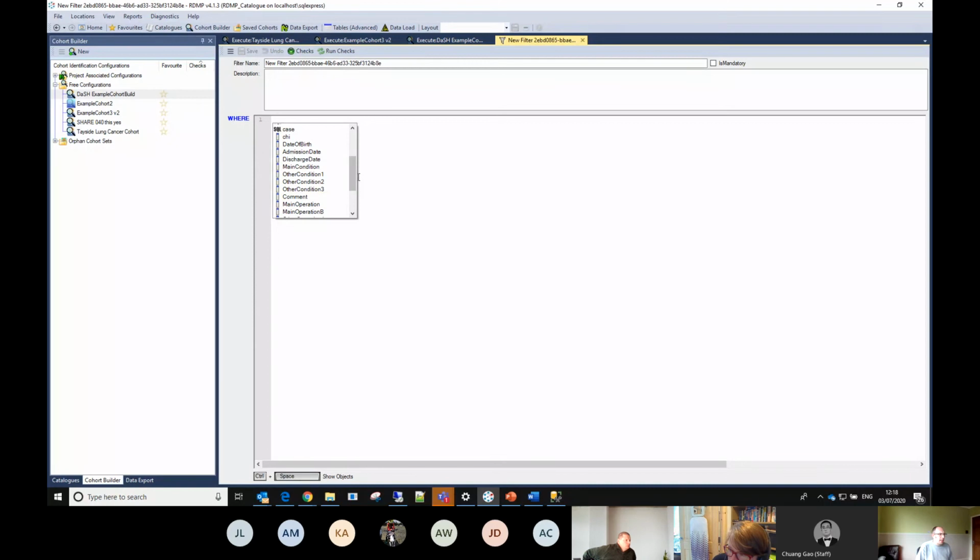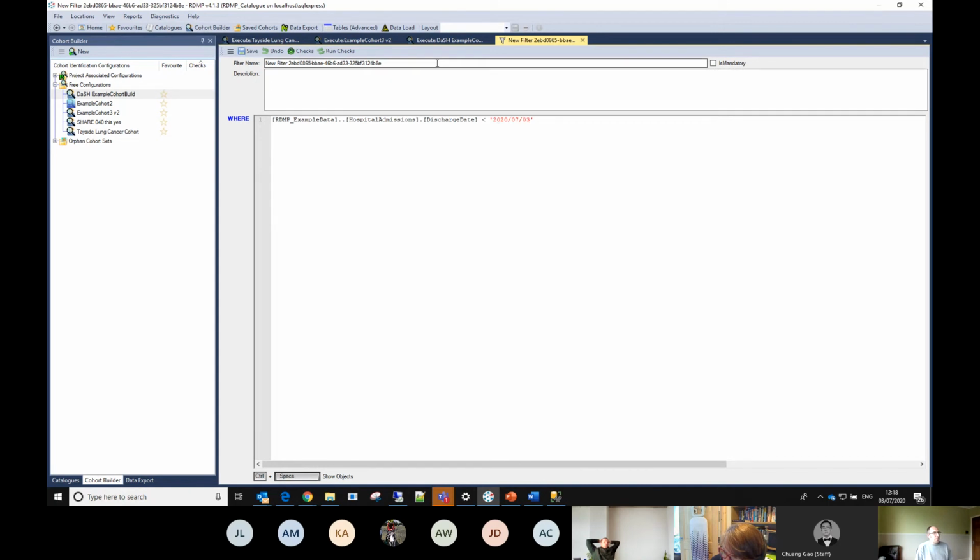So we might wish to add something like discharge date. You see, I just double click discharge date, and it puts the SQL in for me. I could put whatever I want, a discharge date that's less than today, for example.